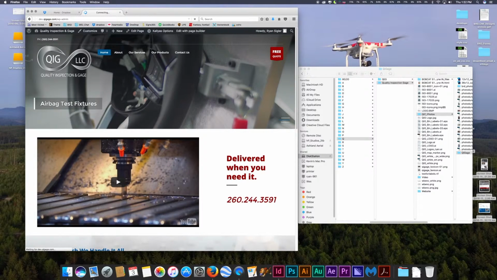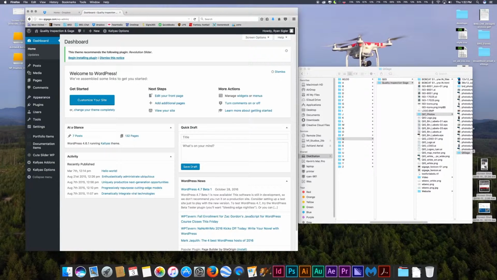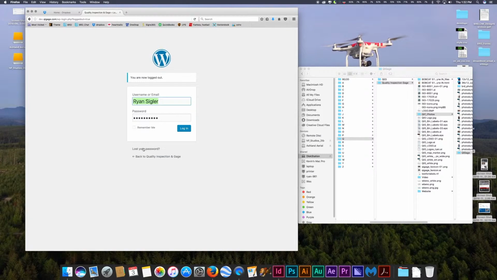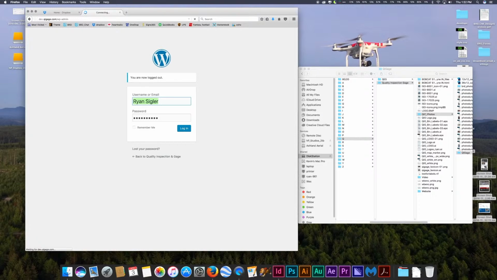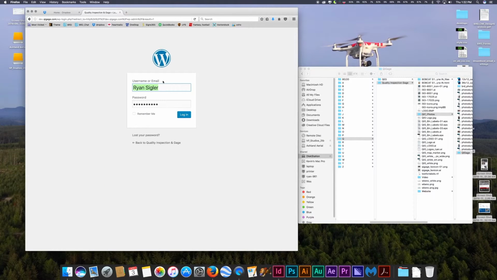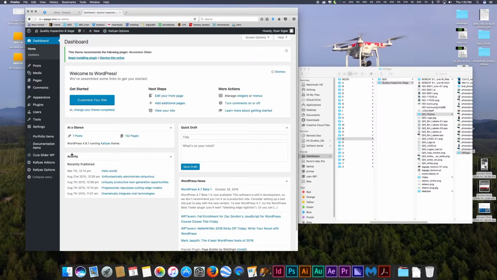Actually, you'll get an email first. You'll set your password up to whatever you want it, and then once you're logged out and you go to WP admin, it'll bring up your simple login information. Sign in, hit remember me or whatever, log in. Once you're in,